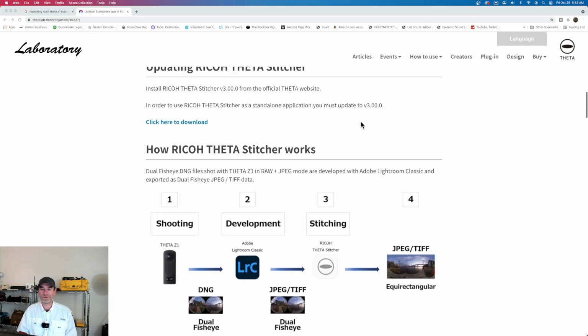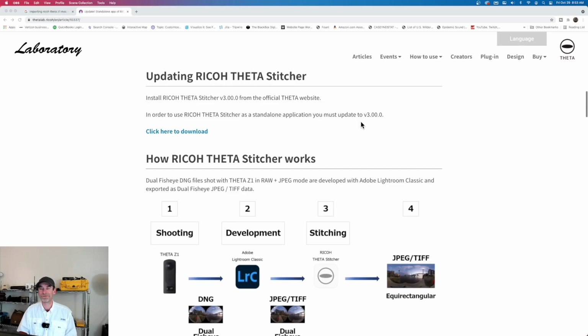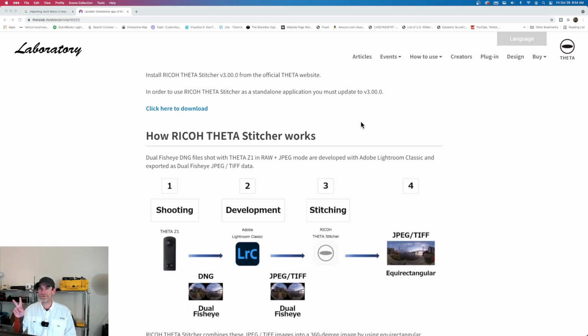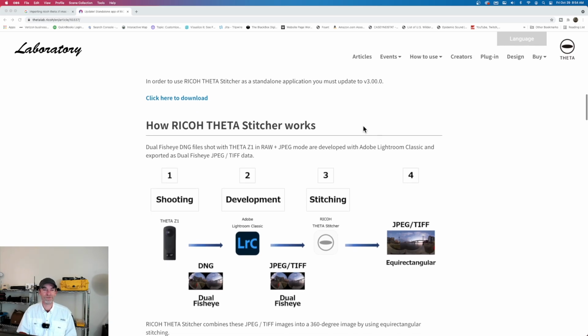But even with the new standalone Stitcher that doesn't require Lightroom usage, Ricoh still recommends utilizing Lightroom. So we're doing two different tutorials. The one you're seeing on YouTube today and in the class is one part. The second part of the tutorial will not use Lightroom and we'll show how you can work around utilizing Lightroom. But I wanted to show you right off the bat